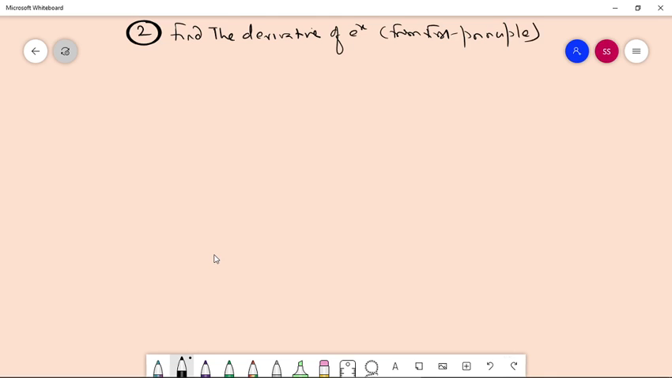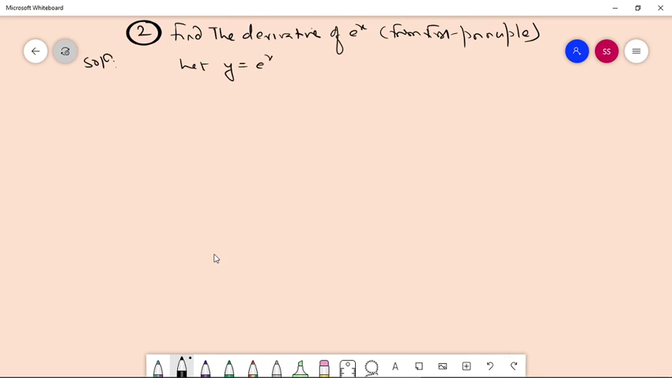Now the second question, dear student, to find the derivative of e to the power x from first principle. Okay, solution for this question is,